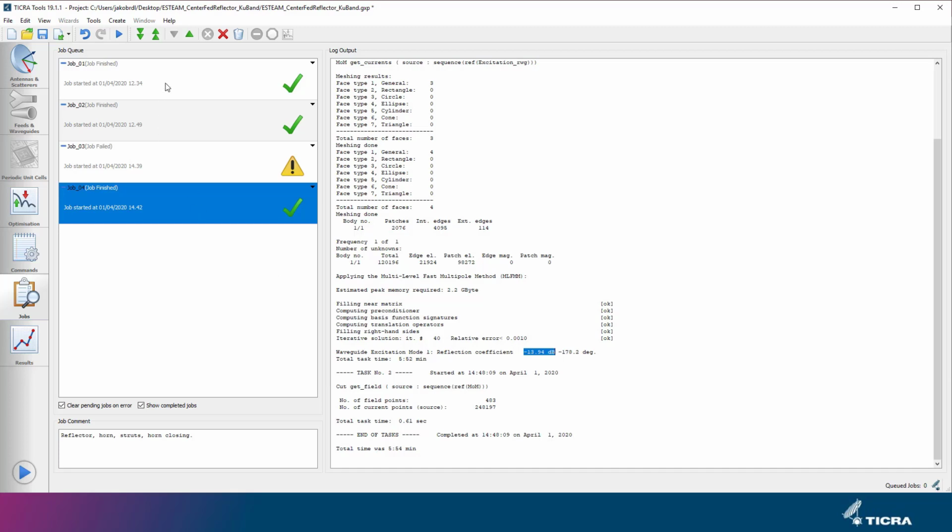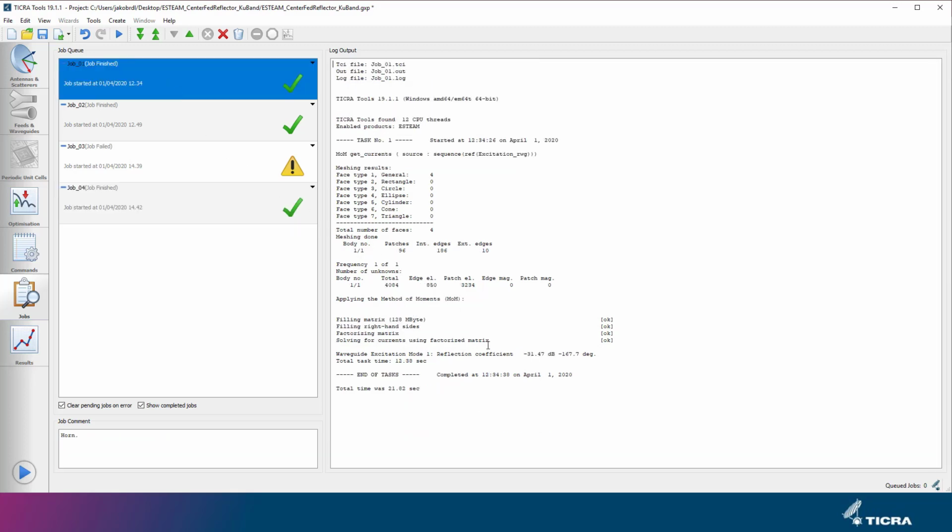In job 01, we pre-computed an analysis of the horn alone. And in the log output for this job, we see that the reflection coefficient is minus 31.47 dB. So it is much lower for the horn on its own than for the horn integrated with the reflector and struts.